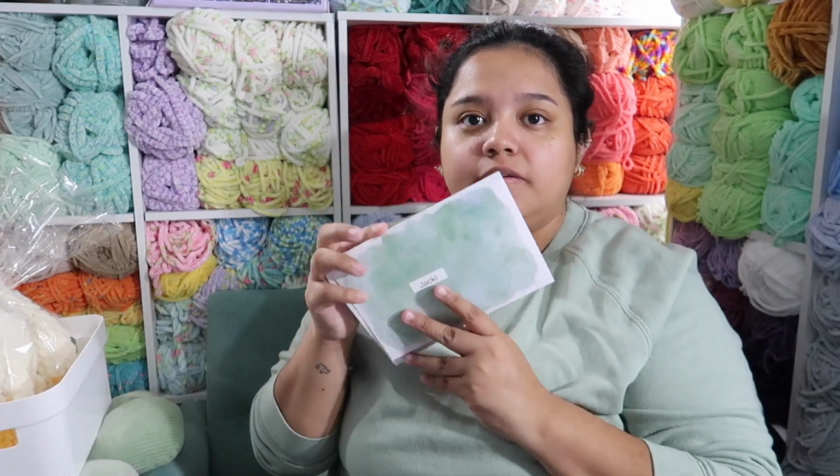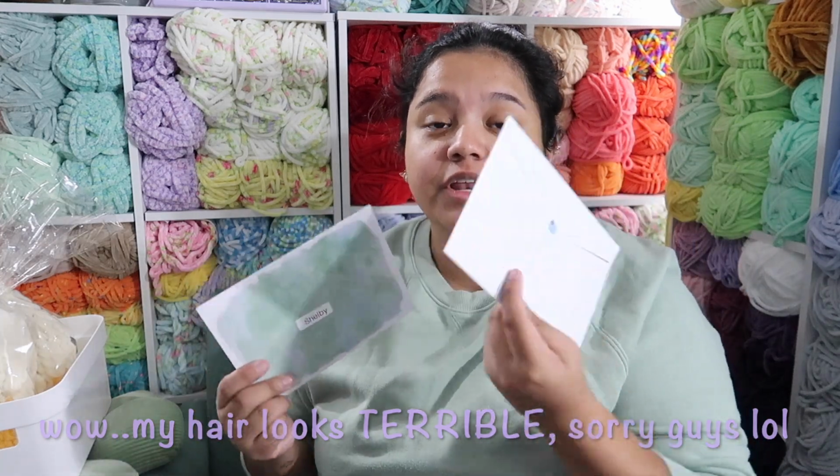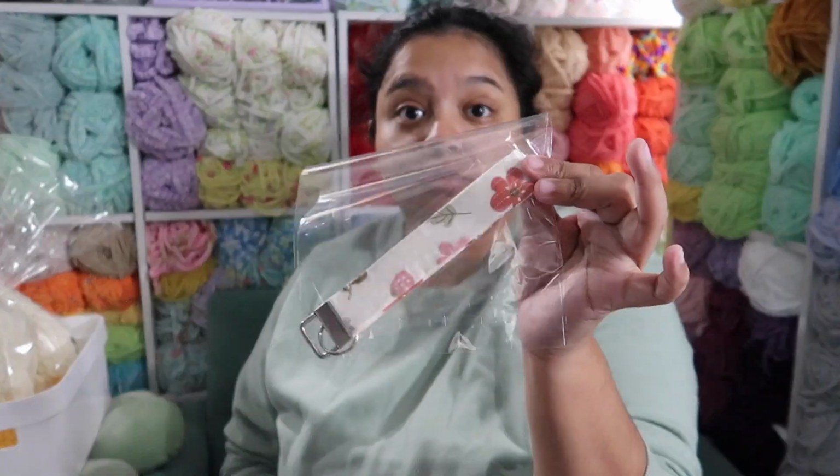Okay guys, so I went ahead and filled out the cards. The stickers are in there, their names are at the front. In the back I did add my little sticker just to keep it closed. I went ahead and put Jackie's little wristlet in a clear plastic bag. And then I did